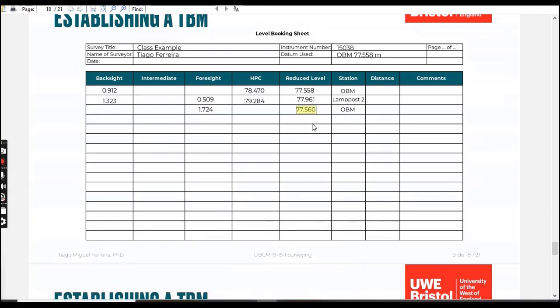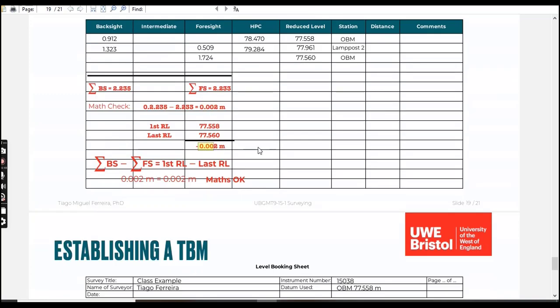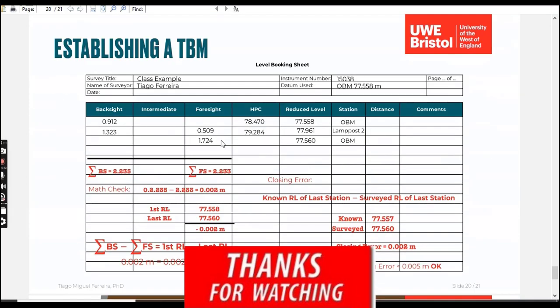Now we have a new elevation of 77.560, which was before 77.558. So now you can make arithmetic checks for your procedure, which is the sum of backsights and the sum of foresights. You will get 0.002. Then first RL minus last RL, you can see 0.002. These two differences are the same, which means we have a fine arithmetic check. But you can see that while the math is okay, we get an error of 0.002 in our OBM elevation, which we can also adjust. But if our math is okay, we